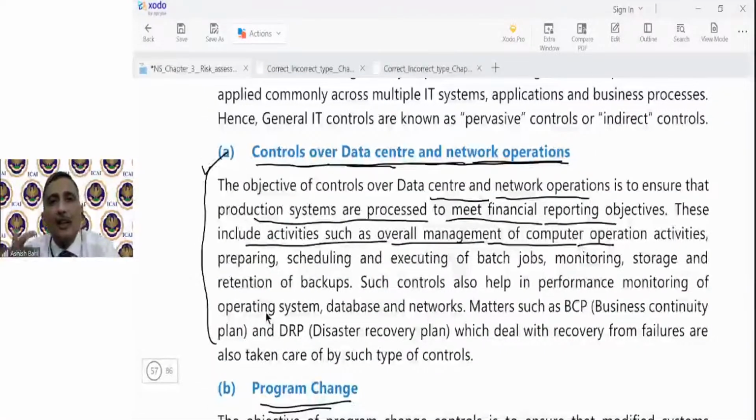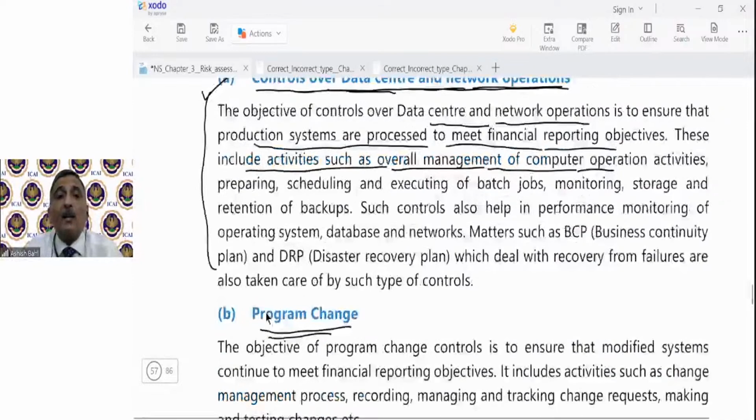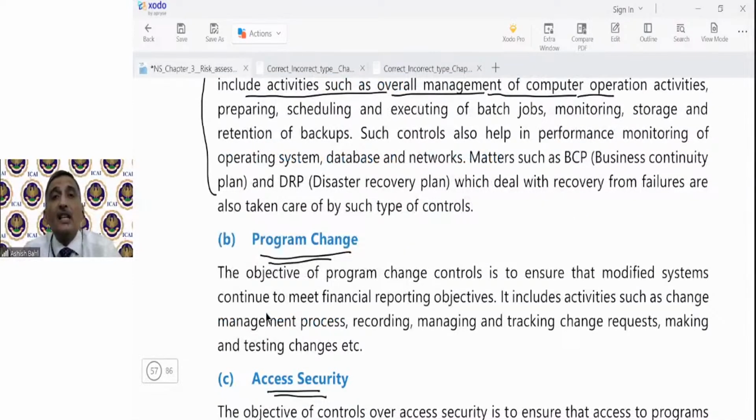So what are controls over data center and network operations? These controls relate to the security of data. These controls deal with such things like disaster recovery plan, like business continuity plan. Like if some disaster happens, what is the company's policy to recover the data? So these controls deal with such type of things, and program change controls deal with when some changes are required